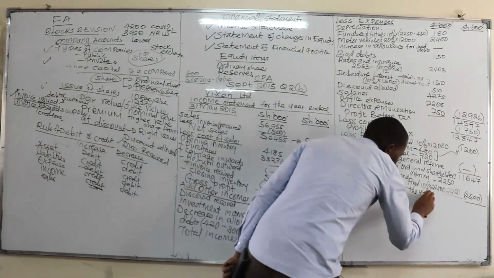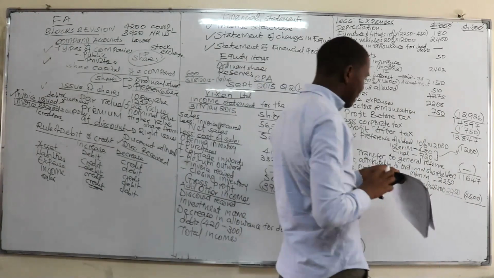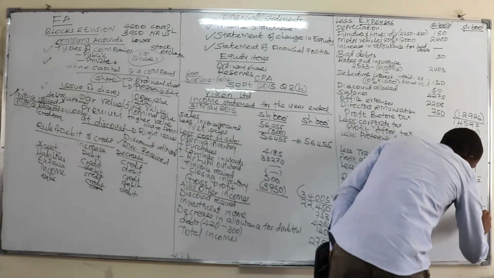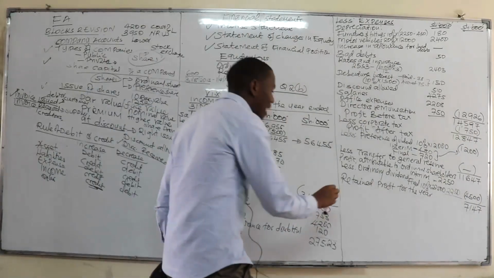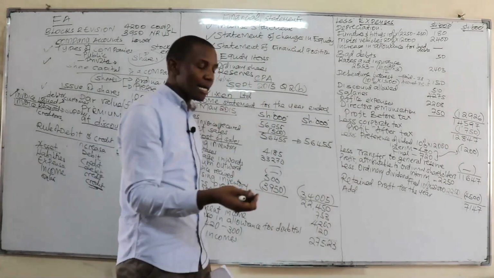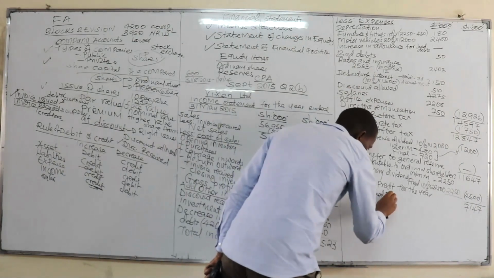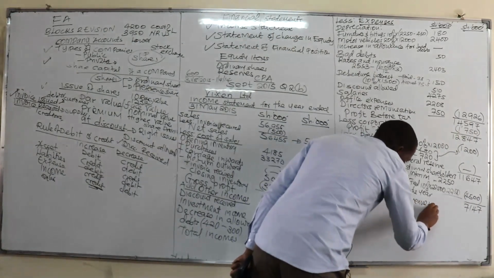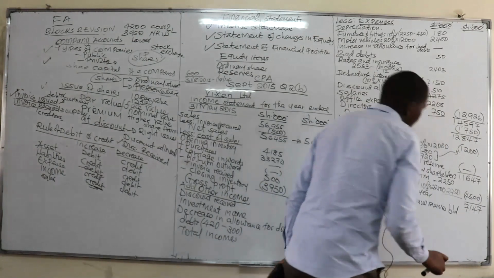So the retained profit for the year, what they will retain for that year will be 11,647 minus 45. So they will retain 7147. That is what they are going to retain for this year. Then you have to add what they retain from the previous years. You'll have to add the retained profits, or what we call the revenue reserves balance brought down, which they came with from the previous year.